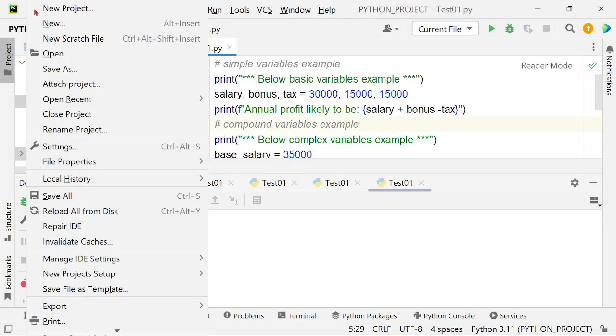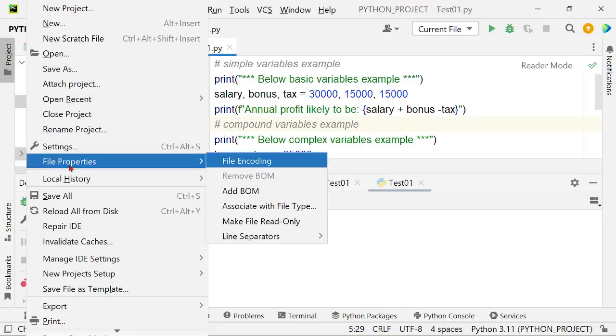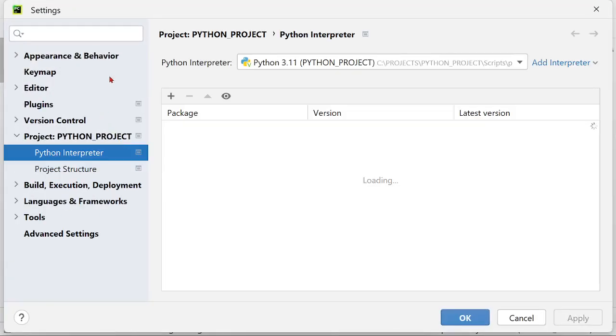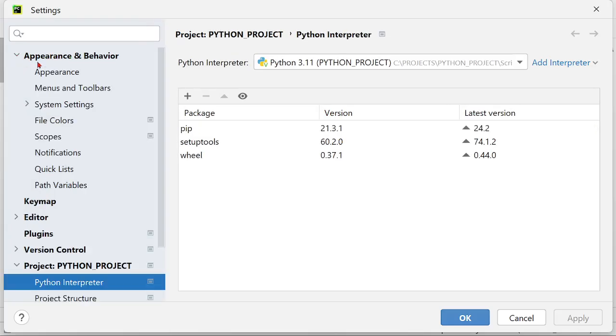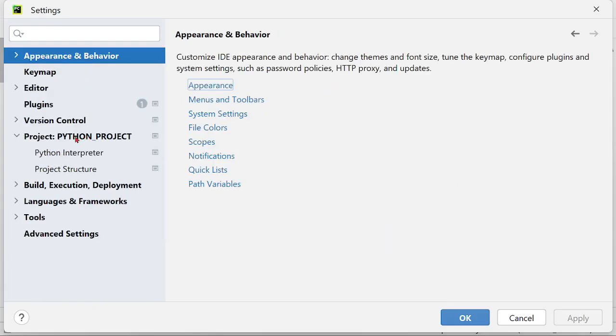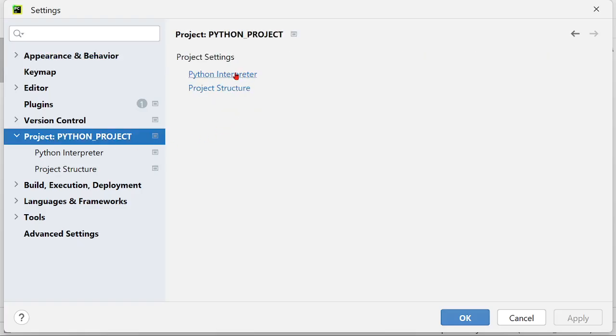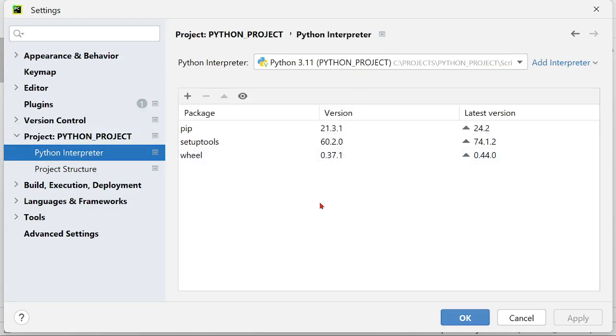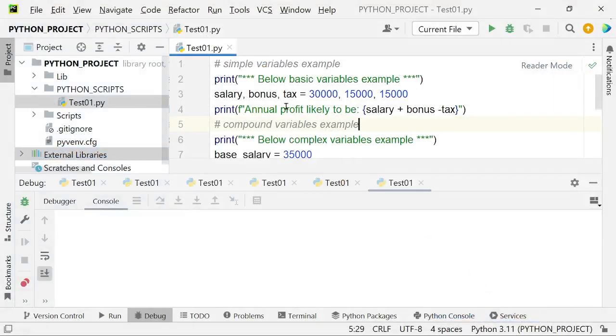Okay, but please make sure that by going to File, Settings, you can change your appearance. For example, select a theme, and you go to Python Project, Python Interpreter, and set your Python interpreter path properly. For example, this